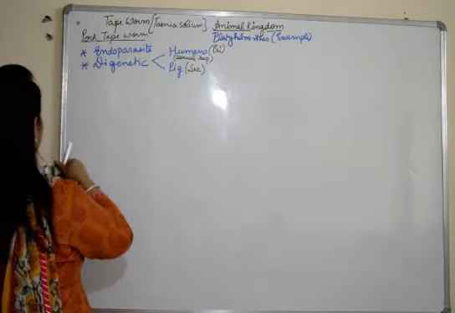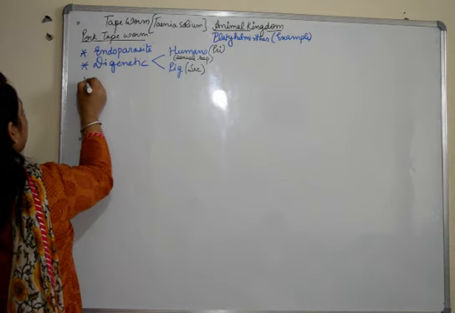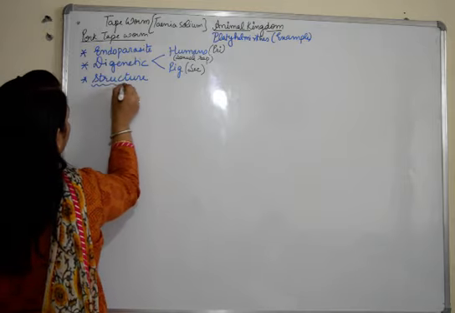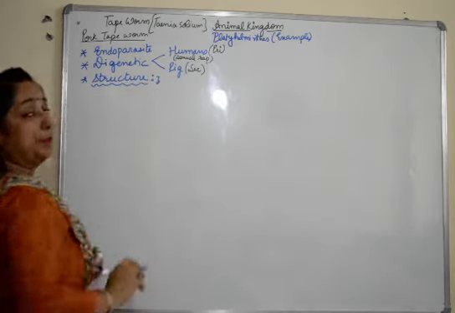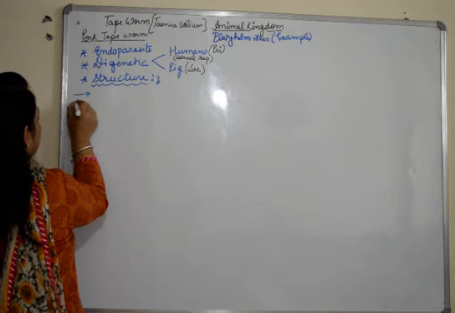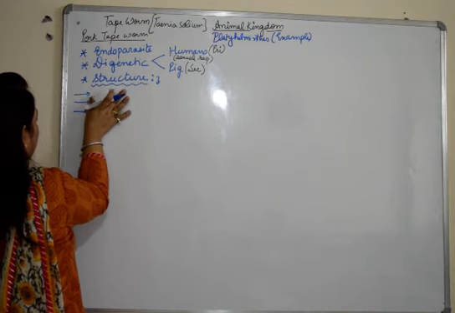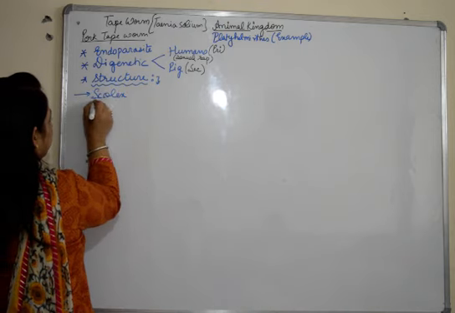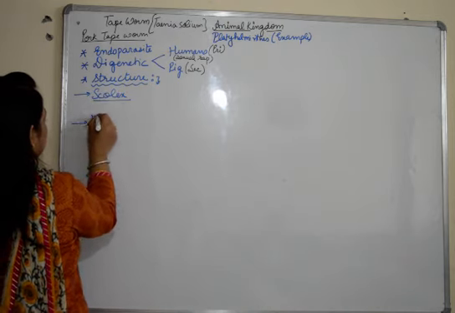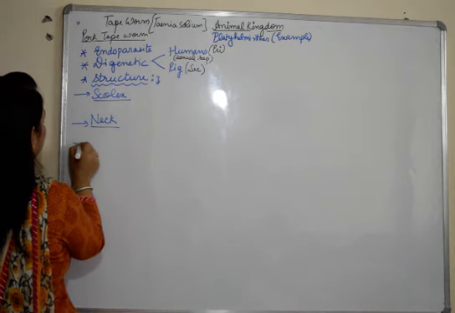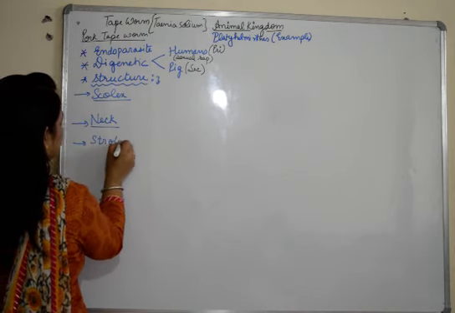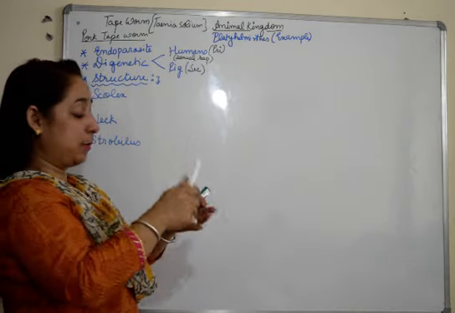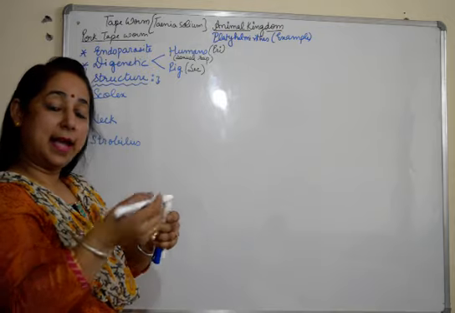Now we are going to start with the structure of Taenia solium, or you can say the diagram. The body of Taenia solium is divided into three parts. I'll explain it here only. The first part is known as scolex. The second is the neck region, and the third part is strobilus. Fine. So we have scolex, neck and strobilus. I'll make the diagram and I'll explain.